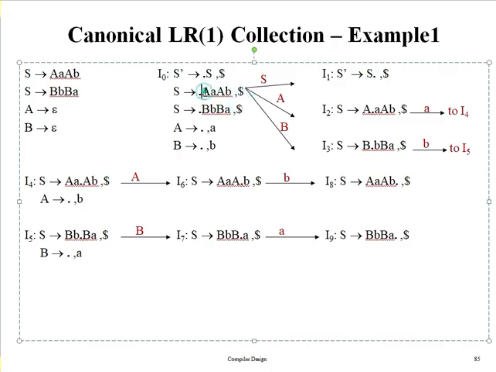And next, since we have an internal A after the dot, we should also add this production rule into I0. As it is an epsilon production rule, we should simply put the dot operator at the right end. But here the parameter is different. Why? Because after the consideration of an internal A, the remaining part